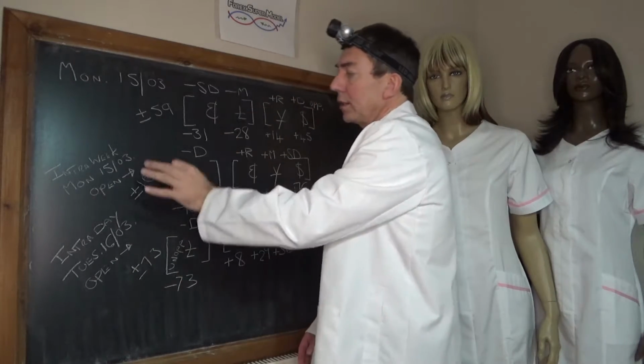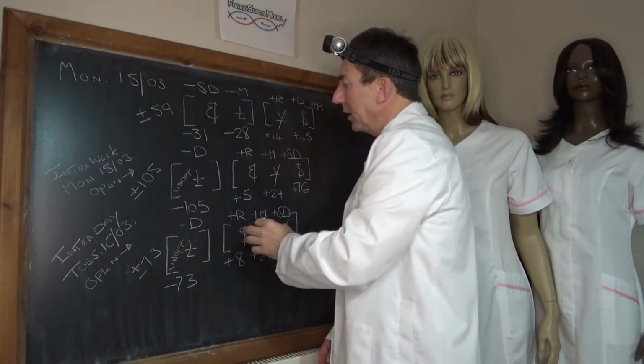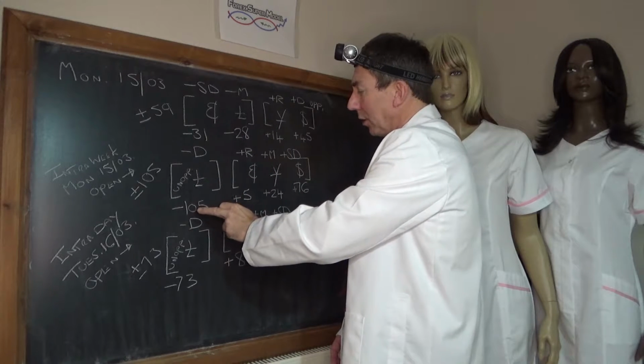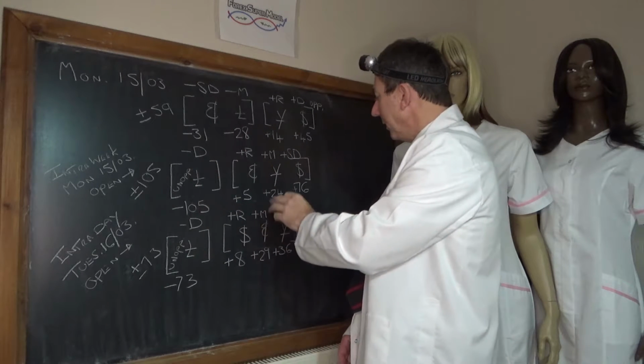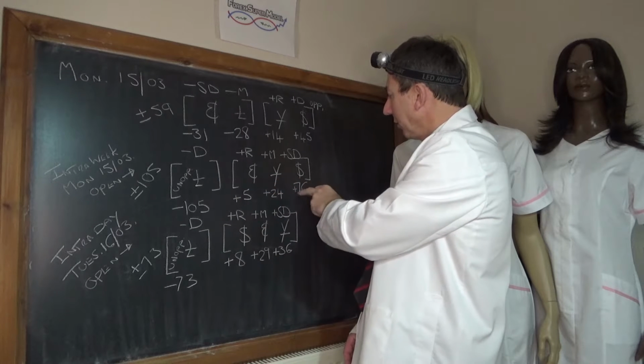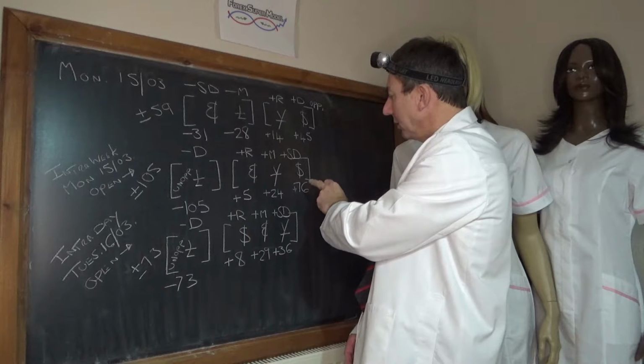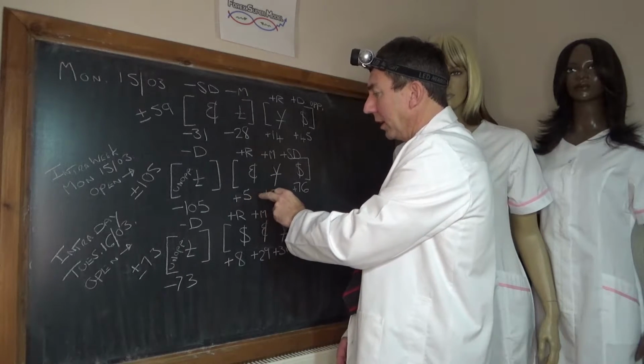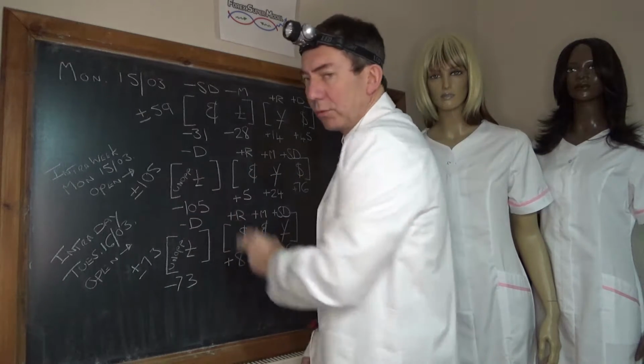Intra-week then, this is from yesterday open to about 15 minutes ago. We've got a negative unopposed driver in the pound at minus 105, no backdoor flows. The opposing positive flows predominantly going into the dollar at plus 76, the yen at plus 24, and the euro at plus 5. Activity plus or minus 105.